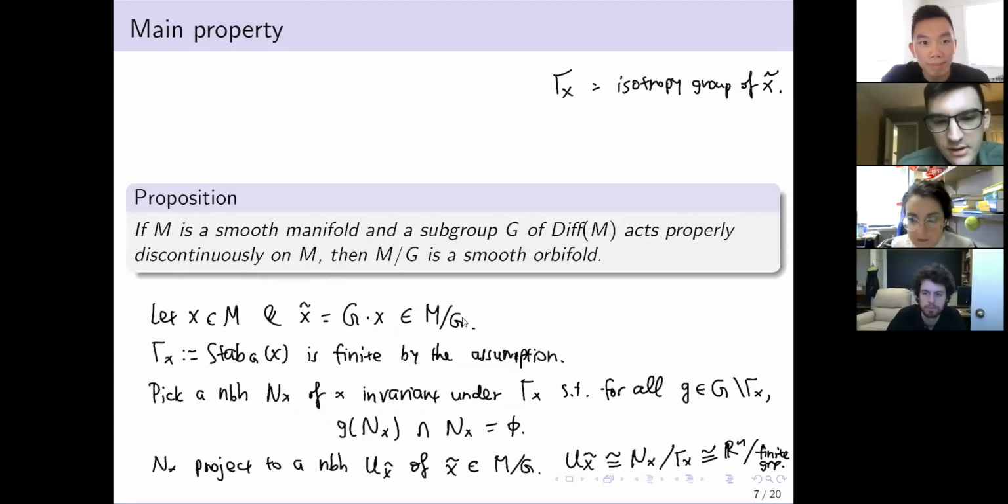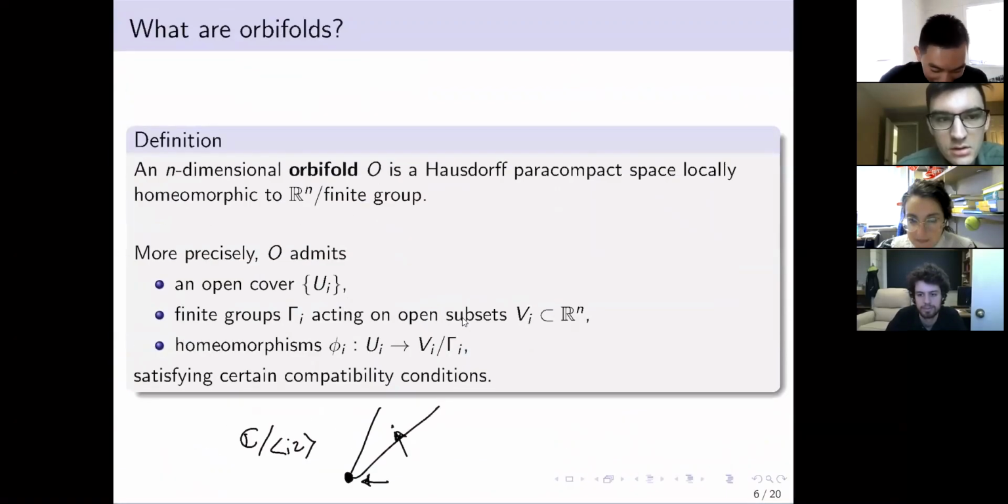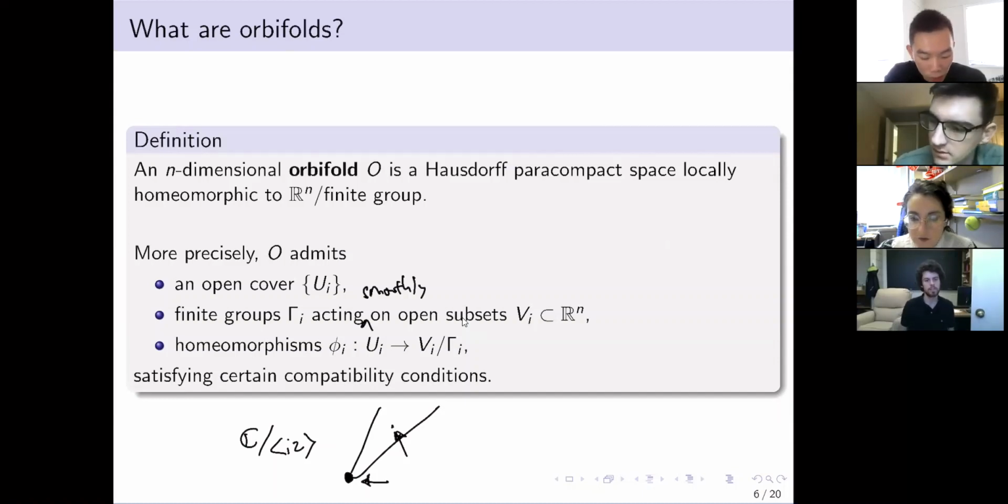A quick question. Yeah. What does it mean to be smooth as an orbifold? That's a good question. I forgot to mention that actually. In the definition here, I want the finite groups to act smoothly. That's all. Okay, thanks. And if you want this to be, let's say, holomorphic, you can just say that it acts holomorphically. And if you want this to satisfy any other regularity condition, you just have to modify it accordingly. But the concept is similar nonetheless. Okay.